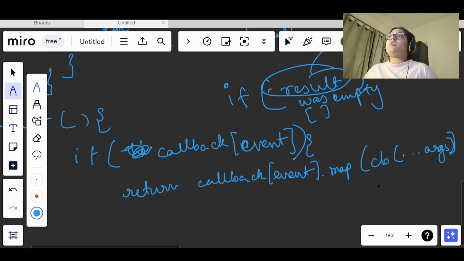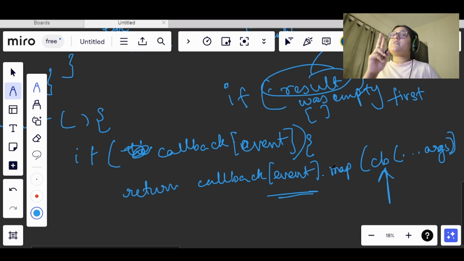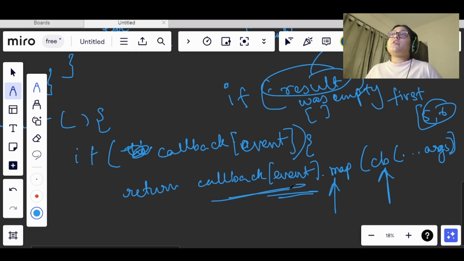So what we are doing here, this callback was returning some value, right? Each and every callback was returning some value for every event, right? Here, let's say we had first event, and it was called two times, so there were two callback functions. One was returning 5, the other was returning 6, right? Now when we are trying to map, okay, so what is happening,